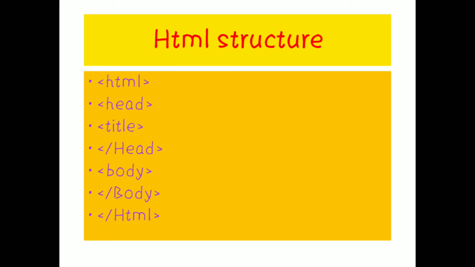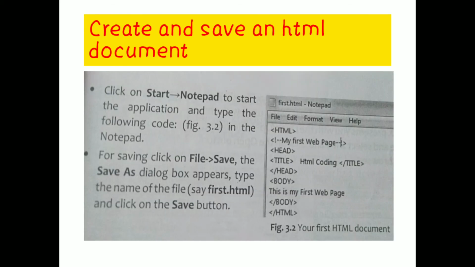Okay, it is an assignment, first assignment for you. Okay children? Next, small task. Next one is let us see how to create and save an HTML document. Creating and saving an HTML document is not a big task, children. First of all, we will be opening a notepad. In the notepad, we will be giving the coding whatever we want and we will be saving the document as .html. Okay, file name .html.